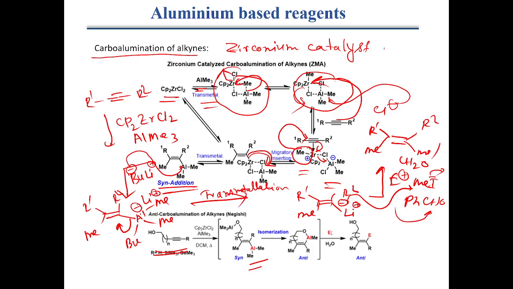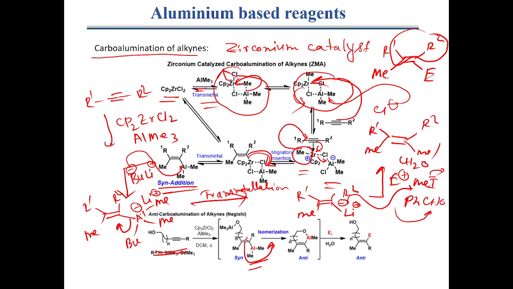So R1 and R2 are in the same place, whatever comes from the aluminium group, methyl, or the electrophile. So both R1 and R2 are in the cis form, and this attack happened from the cis orientation. But if there is a coordinating group which can coordinate with the aluminium, then there is a possibility